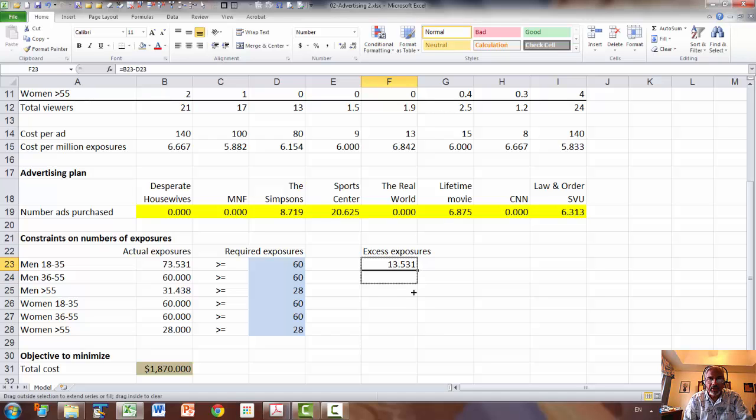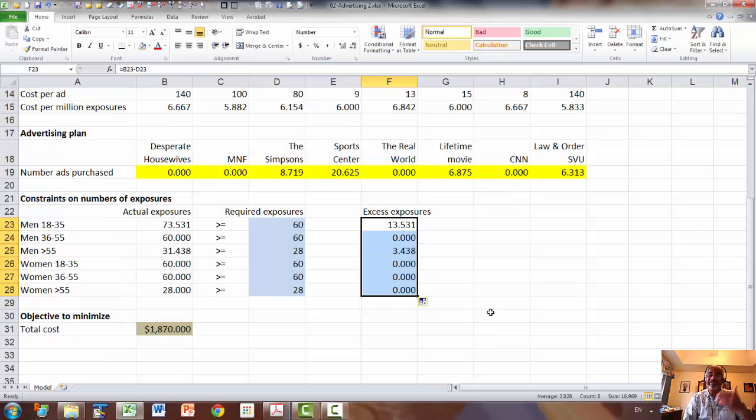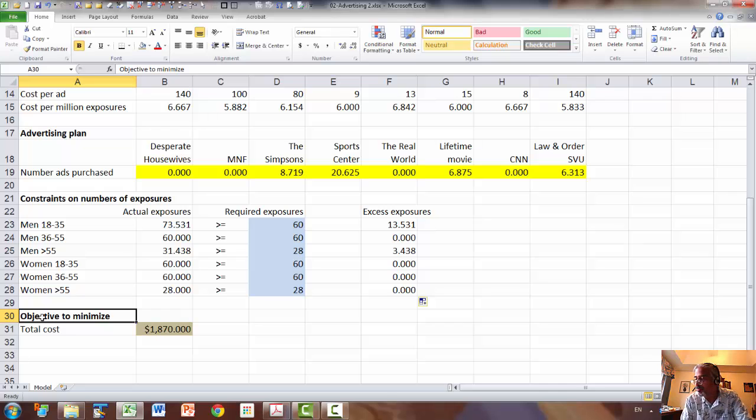Now let's copy that. Okay, now the sum of this would be the total additional exposure that we will be gaining. Okay. So now the question is, we want to maximize that and we want to minimize cost. So we'll choose one of the two as the objective, the other as a constraint. So instead of minimizing the total cost, we'll convert that into a budget constraint. So we'll call that budget constraint